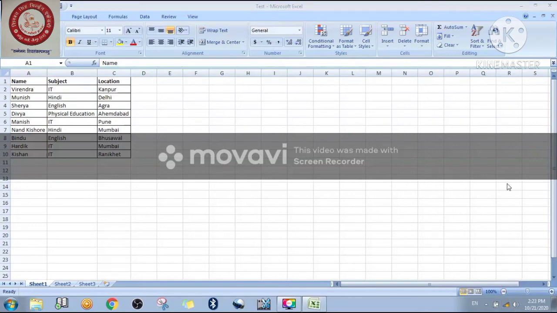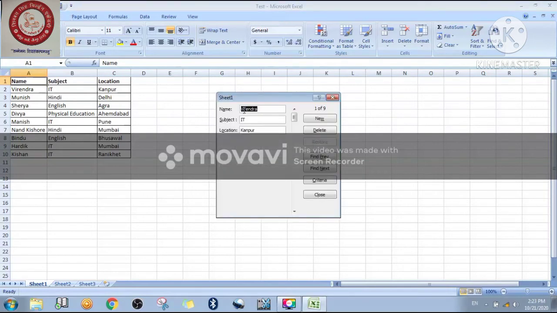Okay students, I just want to show you one more time how we are able to search for particular data with the use of the form. Let me click on the form button. This is the button that appeared here. Then click on criteria. After clicking on criteria, let's get the details of any person. Suppose I have written Divya, then press the enter button. So this is the detail of Divya. If you want to match, you can see here, right?